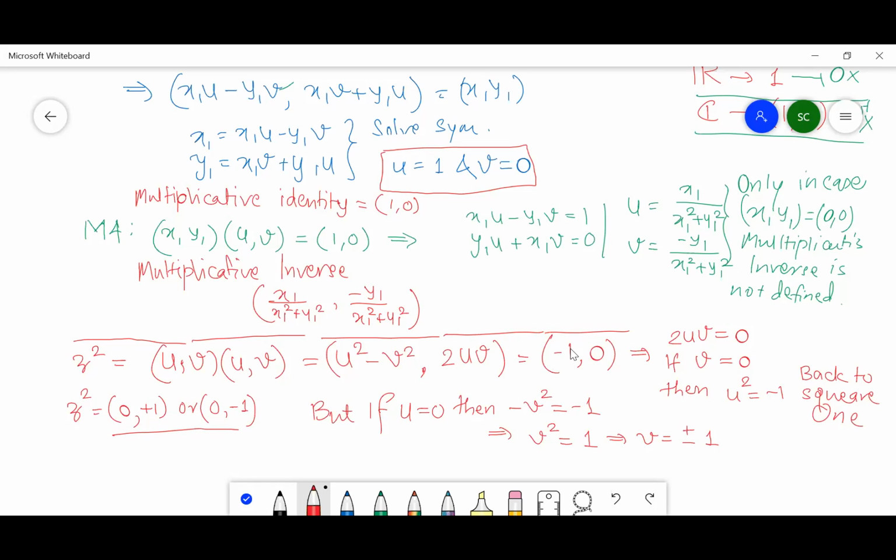We should be happy because in real numbers, if you take the square root of 25, it is plus or minus 5. Similarly, if we want a square root of minus 1 comma 0 bracket, square is equal to,